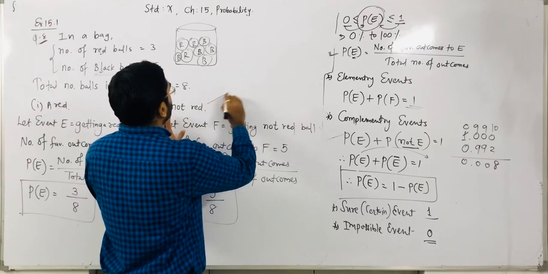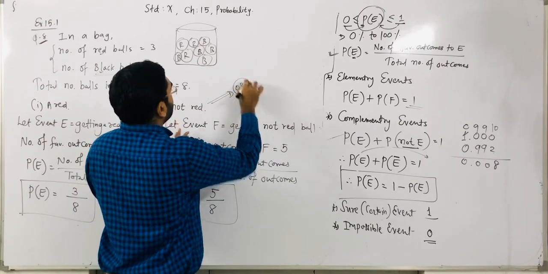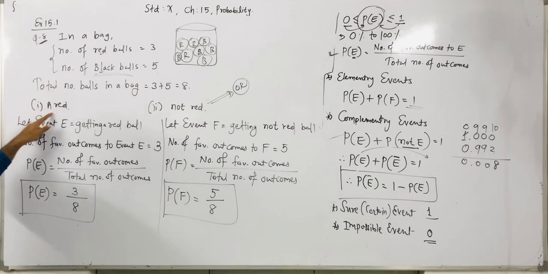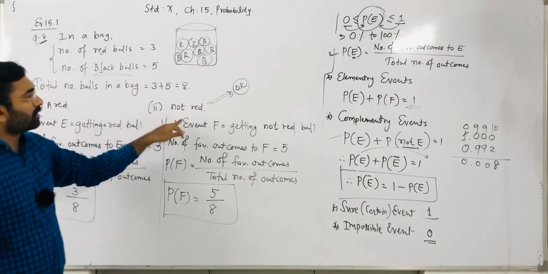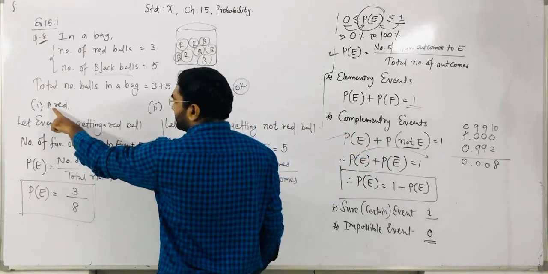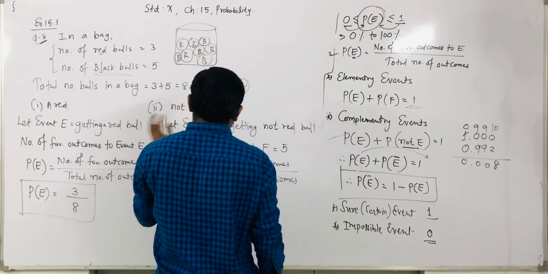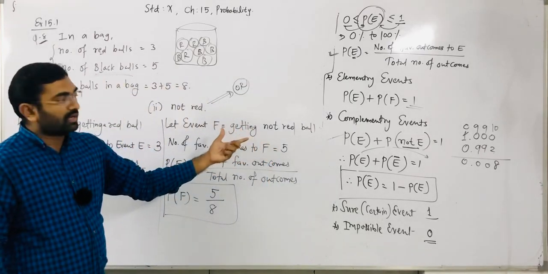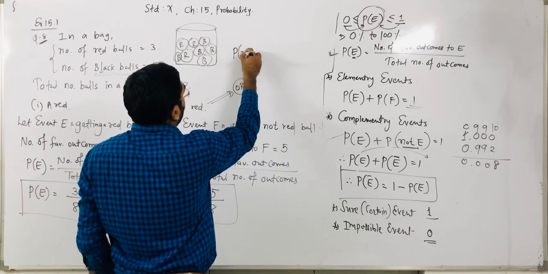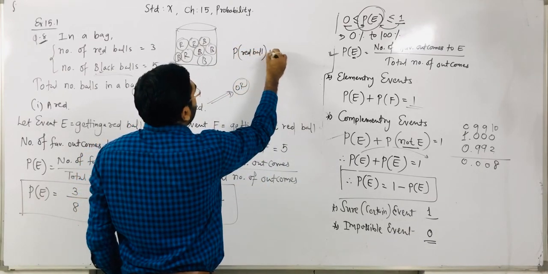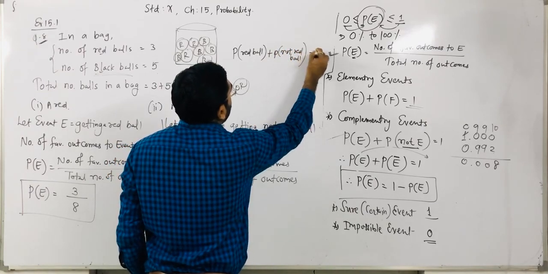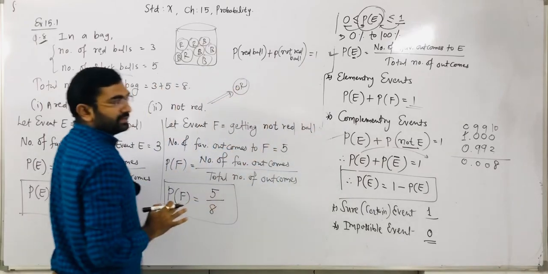This second question we can solve another way, by another method. How? See, red ball and not red ball. This is which type of event? It is a complementary event. So whenever you find the probability of a red ball first, you can directly find the probability of not a red ball. How? Using that formula, right? Probability of red ball plus probability of not red ball is equal to what? Is equal to 1, right? As per the complementary event formula.